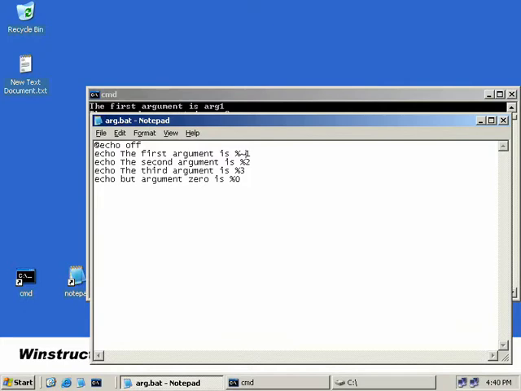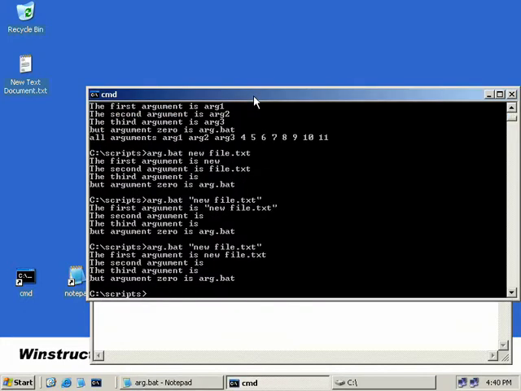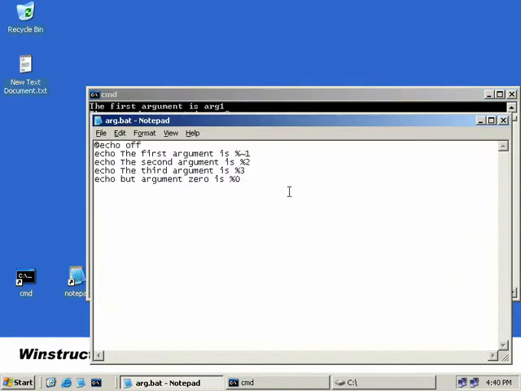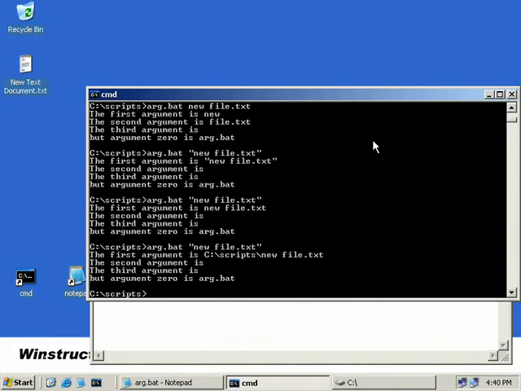Now this tilde simply tells the script to remove the quotes from the argument. So let's save this and we'll go run it again. Okay, now we can see down here that newfile.txt has been brought back as our first argument, %1, but the quotes have been removed. Okay, this sure tells us the name of the file and it works great, but what if we want the full path to our file? Well, we can simply go back to Notepad, and after our tilde here, we'll just enter in the F character. So we'll save this and rerun our script again, and now we can see that the full path to our file is